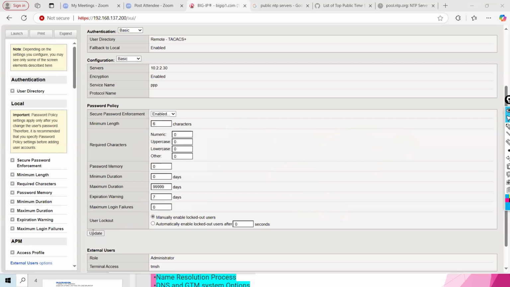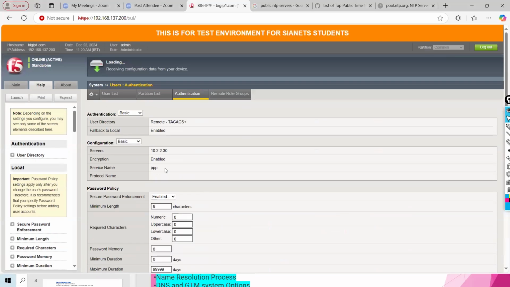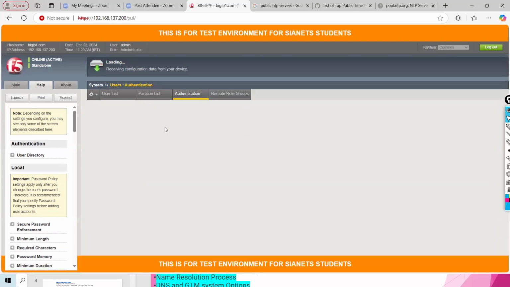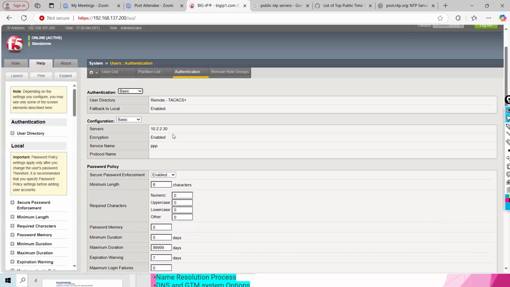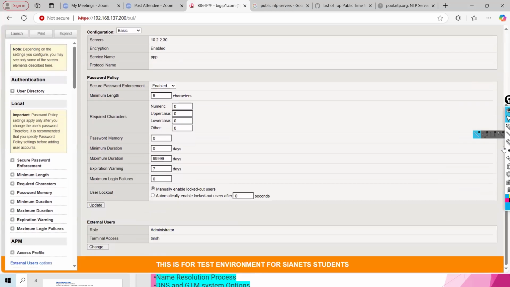Okay, this is how, just one minute. This is how you can update. Since I don't have a TACACS server, I will not be able to see it. But one more thing which you have to configure. All these TACACS